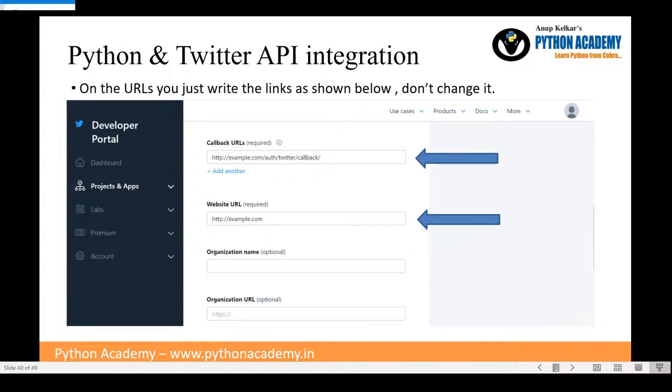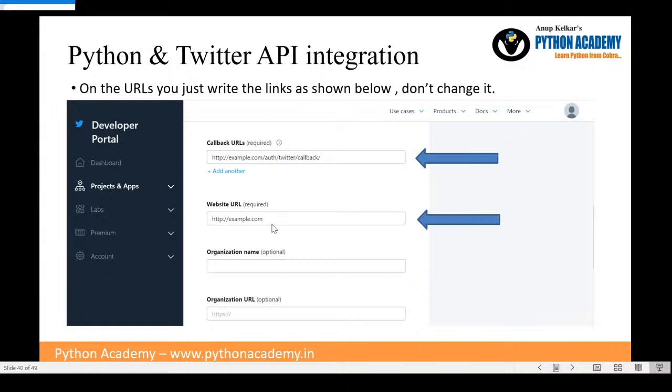Once you say enable third party, it asks for multiple things. Out of that, two things are compulsory. One is callback URL and one is website URL. So what it basically asks is what domain, what web application, what Android app, iOS app you want to use this Twitter for. Since we are just doing a seminar, we are not going to develop any big thing. We don't have any domain name. So in that case, I can use the domain name